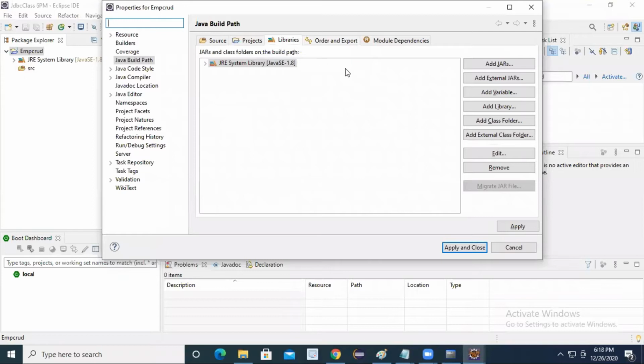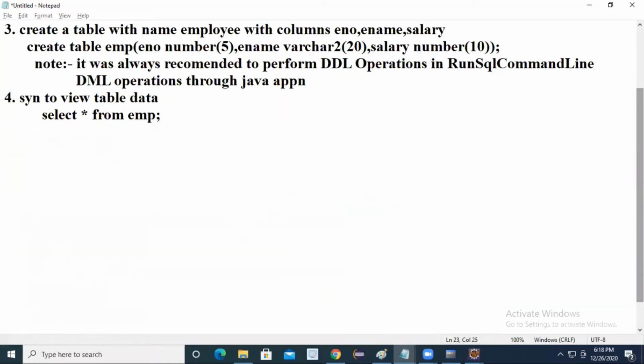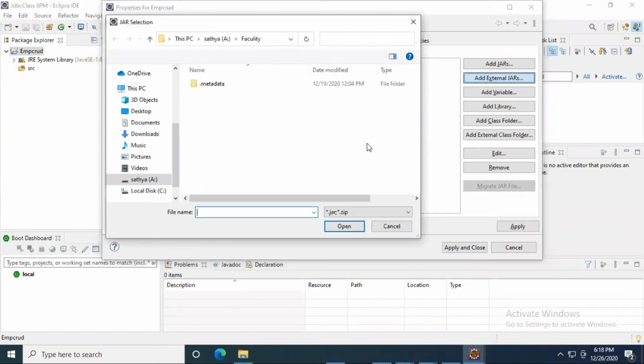You have to add the jar file. In Libraries, you have to select Add External JARs. I'm giving the steps clearly. Now select Add External JARs, and go to the location.